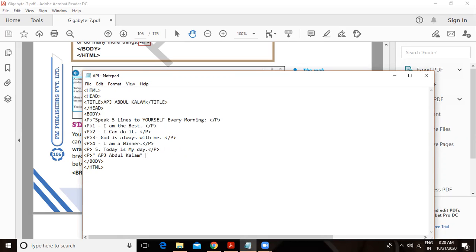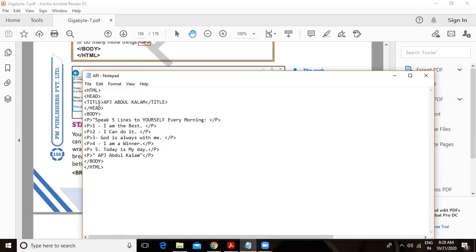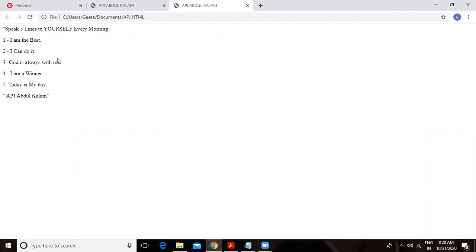Now I will just save this file once again for you and show you how it works. Here, file, save. I am not giving any new name. With the same name I have saved the file. Here it is. I have opened the file. Now here you can see 5 points are coming in different lines.